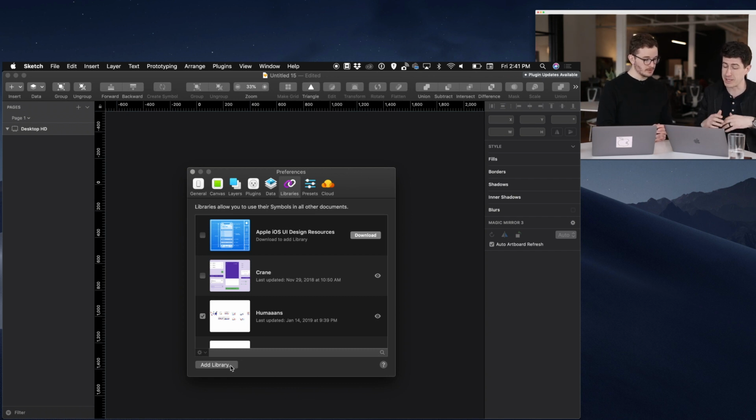You can add a library, and pretty much any Sketch file can be added as a library, as long as it has symbols in it. I think it has to be a symbol, but as long as it has symbols in it, you can add it. So Humans is a really